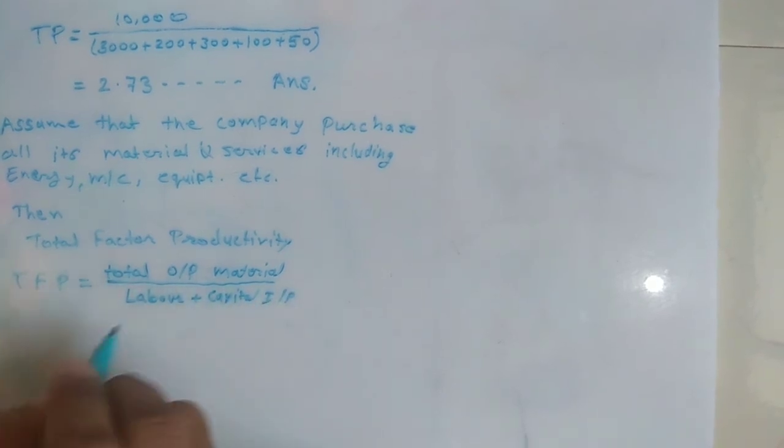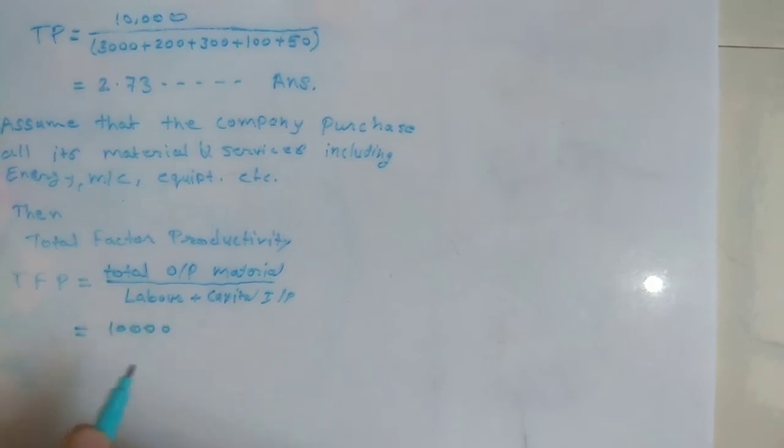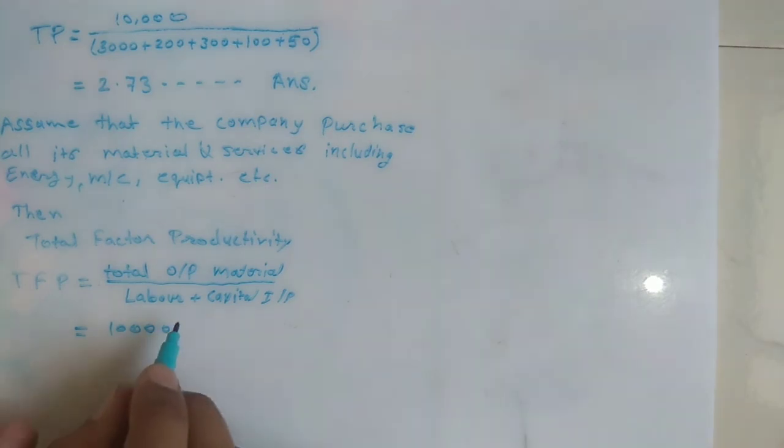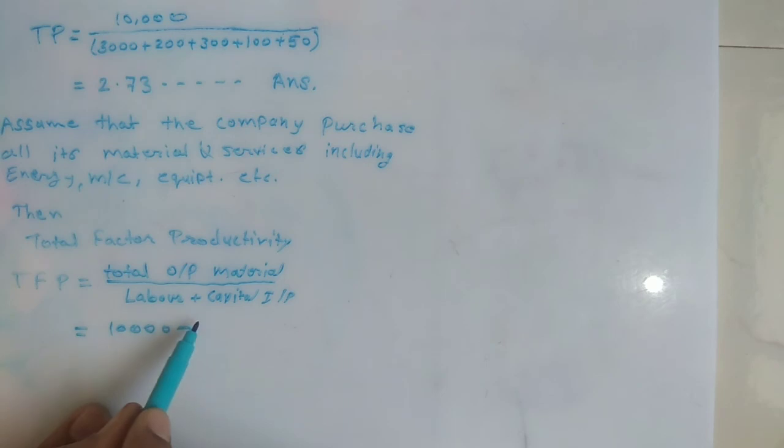So I write total 10,000 is our total output, minus, because these are the expenses,